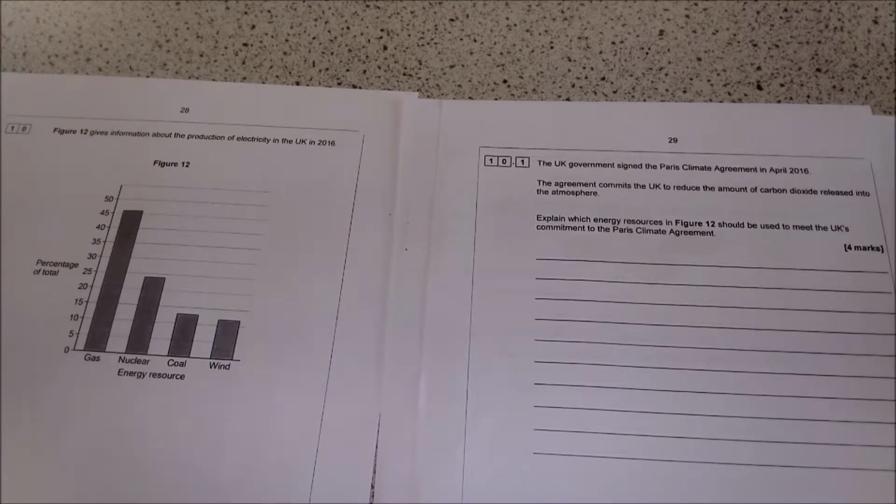So the question follows on by, so the UK government signed the Paris Climate Agreement in April 2016. The agreement commits the UK to reduce the amount of carbon dioxide released into the atmosphere. Explain which energy resource in figure 12 should be used to meet the UK's commitment to the climate agreement. Right, there are two